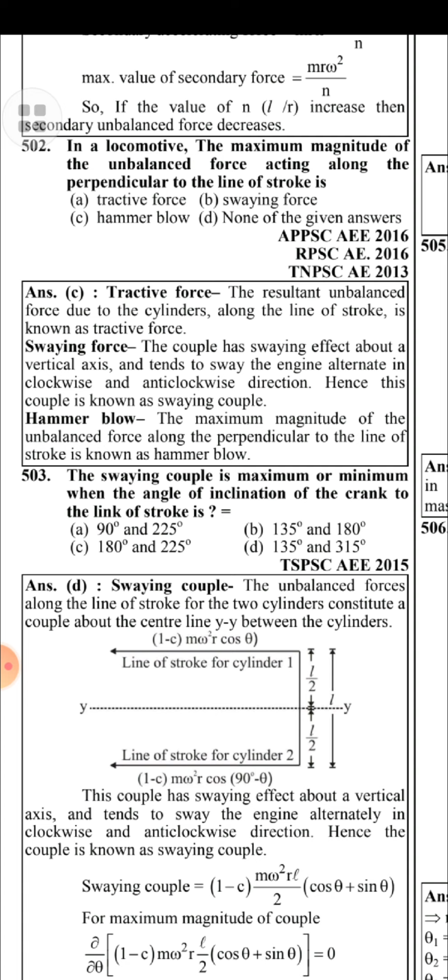in clockwise and anti-clockwise direction. Hence, this couple is known as swaying force. Hammer blow: the maximum magnitude of the unbalanced force along the perpendicular to the line of stroke is known as hammer blow. Swaying couple is maximum or minimum when the angle of inclination of the crank to the line of stroke